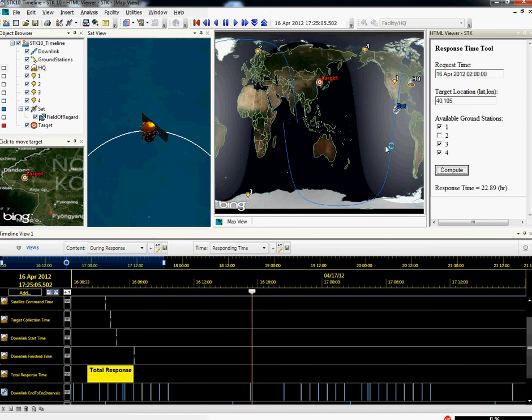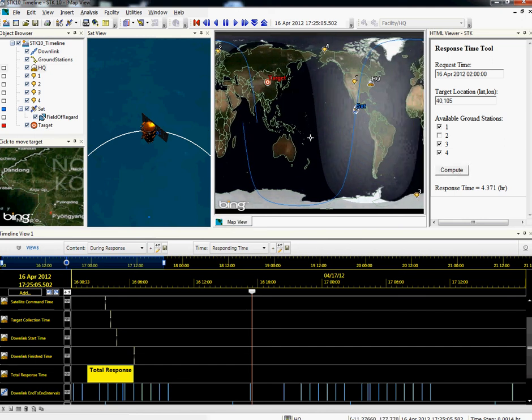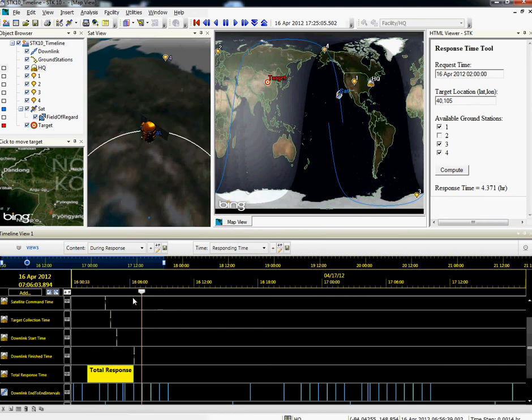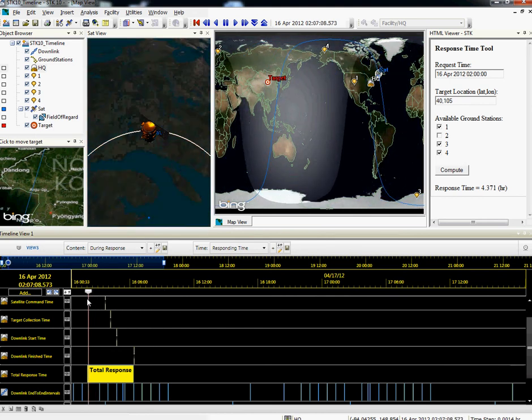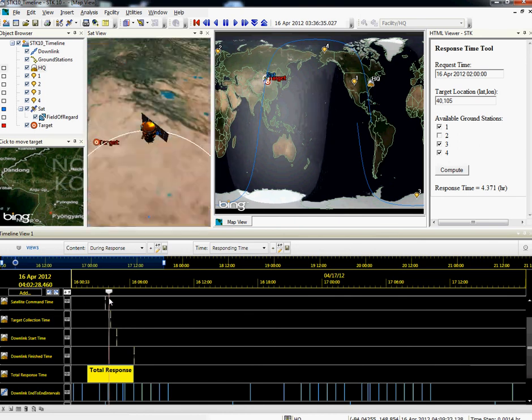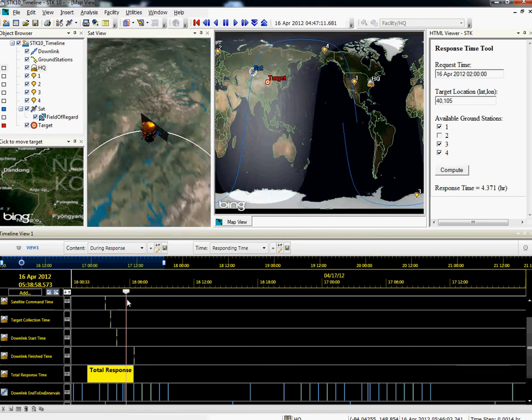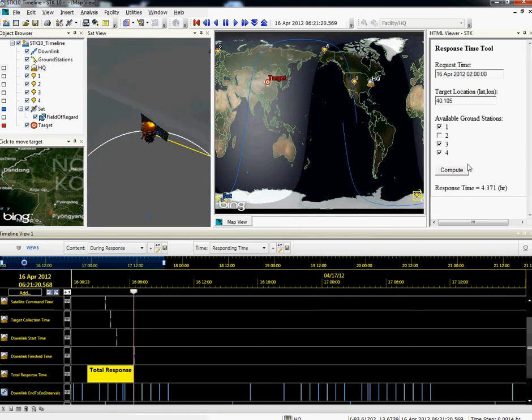So STK is a flexible tool that allows you to model a large variety of different problems and a lot of different architectures. In this case, it's a notional satellite imaging architecture, but it could certainly be a lot of different architectures with ground stations located anywhere in the world, headquarters at any place in the world, and satellites, any type of satellite out there. And you can see how you would be able to quickly analyze your system response time using these new STK 10 tools for the time and calculation. Finally,